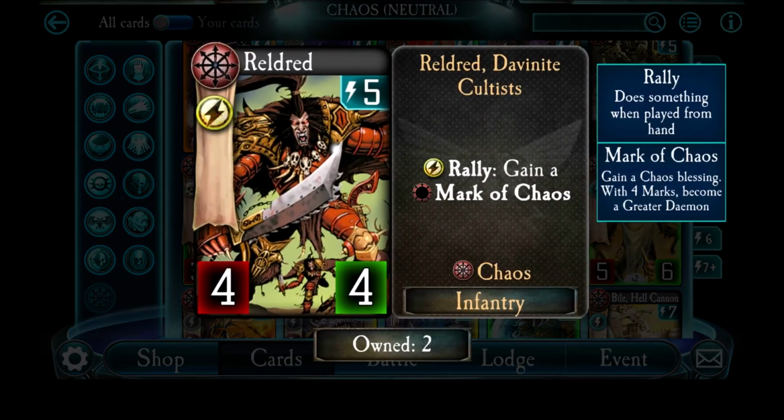Reldred. This is a pretty solid Chaos Infantry card. Again, though, for non-Chaos decks, there's usually better infantry to play for 5 energy. These guys have 4 attack, 4 defense. When they rally, they gain a Mark of Chaos. So most of the time, that's going to mean they get a useful ability, because 75% of the time they will either get Mark of Khorne, which gives them 7 attack,